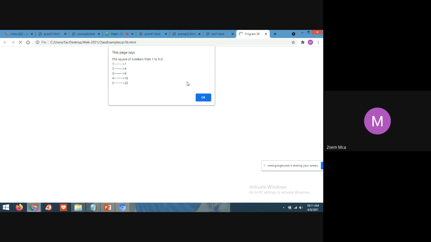In the alert dialog box, the user will not give any inputs, students, but it will just display the output with a single button, that is OK button. If you click on this OK button, then it will just close.